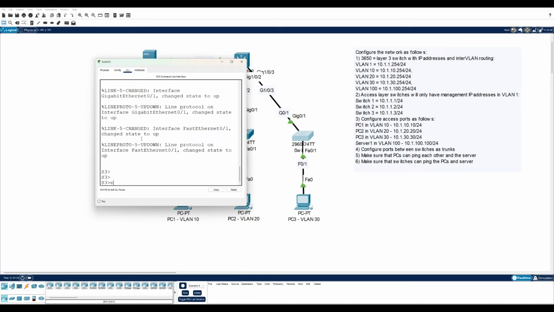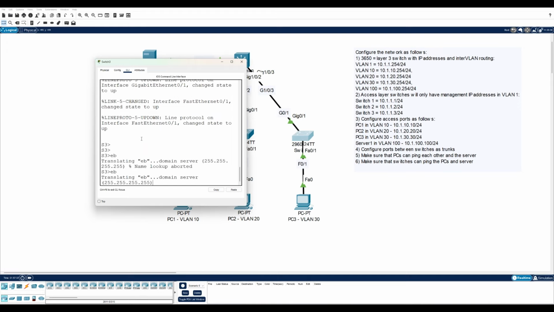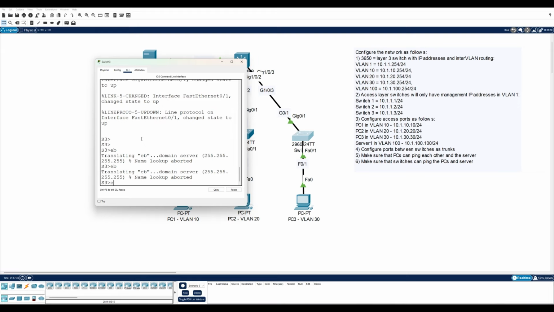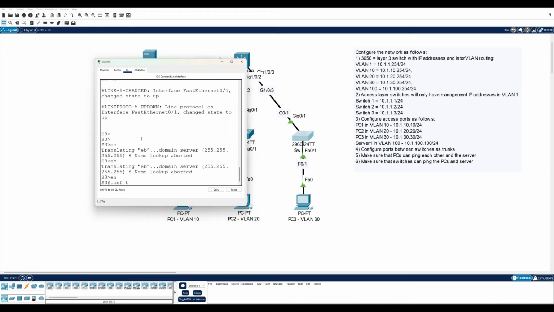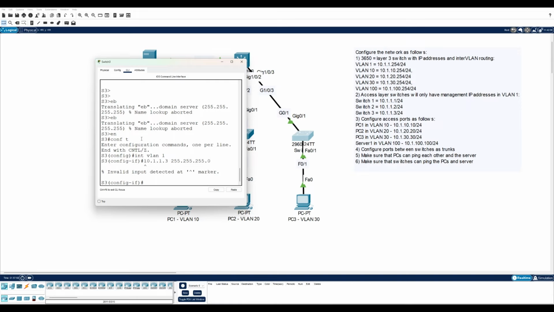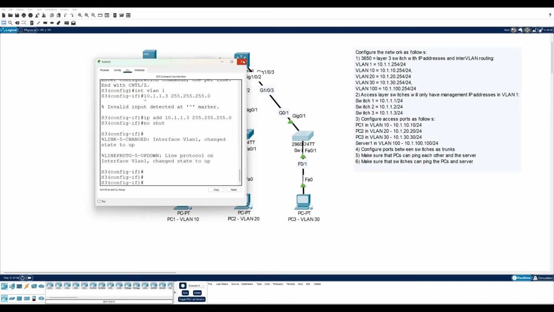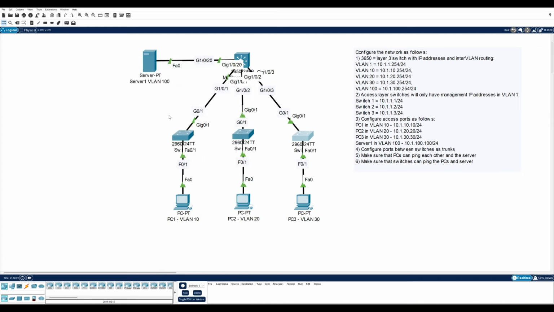Okay, and then yeah. Conf t, interface VLAN 1. This one's gonna get 10.1.1.3, 255.255.255.0. Oops. IP add, no shut. Alright, so as you can see, now let me explain a little bit real quick about